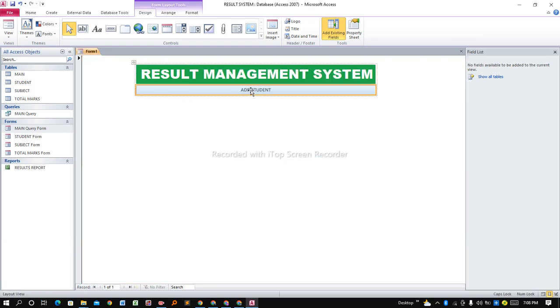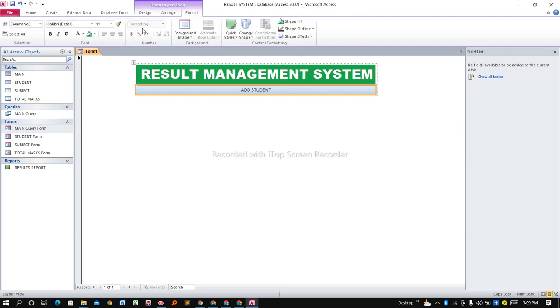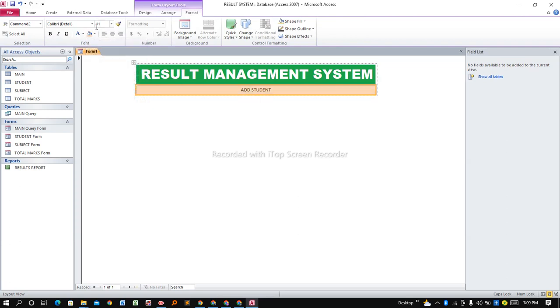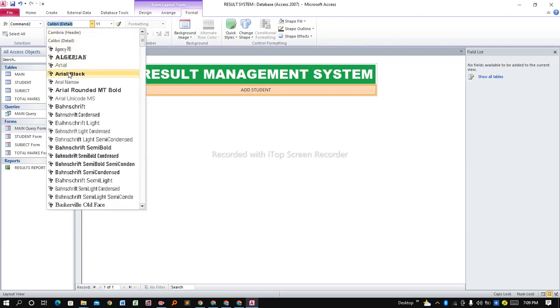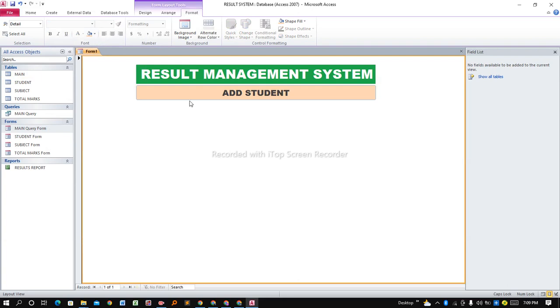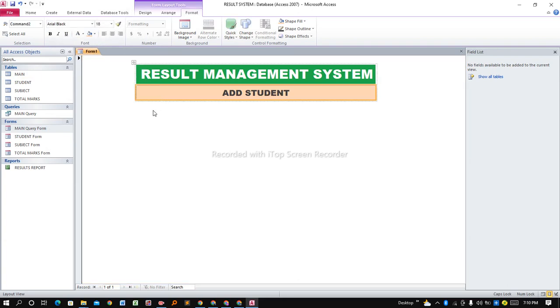So you can highlight it and use a different background. Click on format, select a different background. Let's use this, very black. Let's use size 18. That's okay. Then we proceed and add another button,